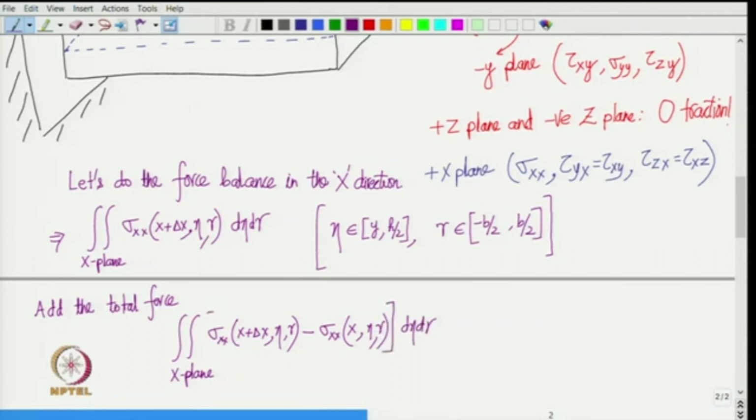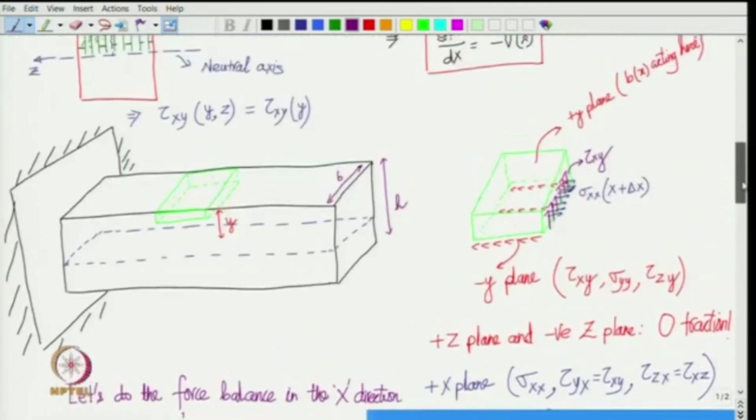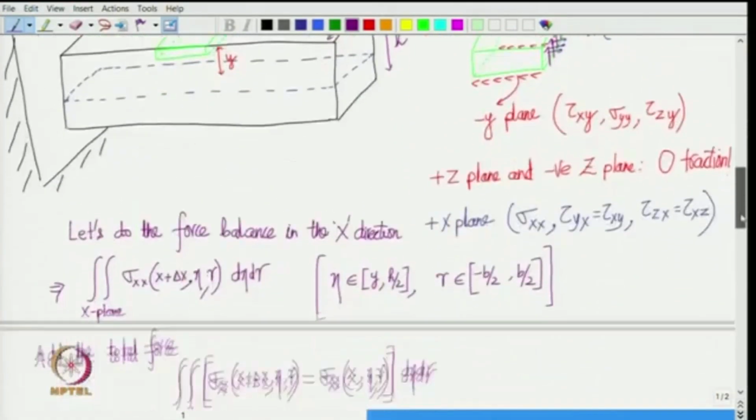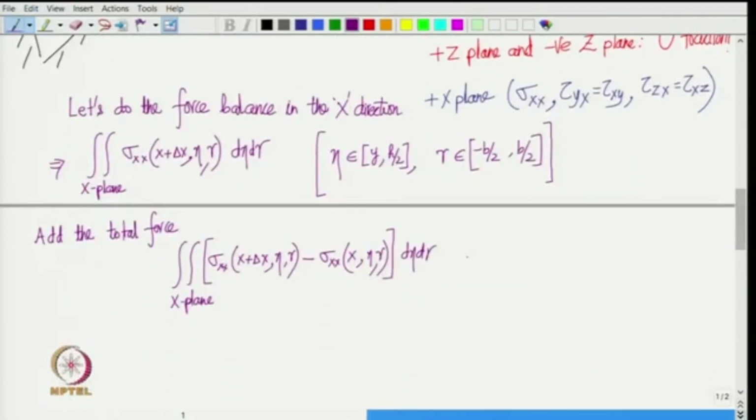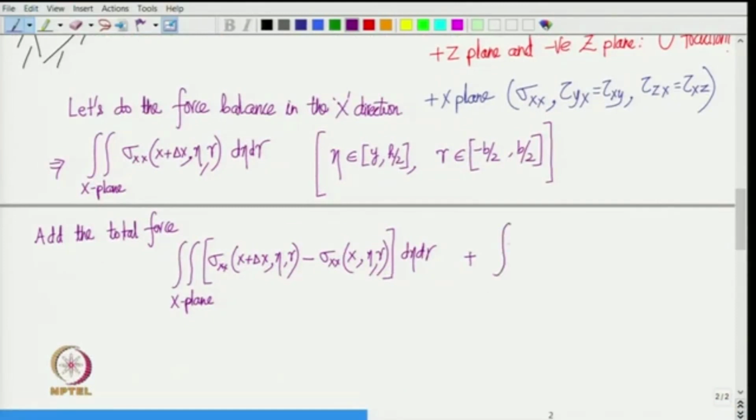So, that is the contribution due to x plane, and then the contribution due to y plane. So, we have two y planes, y plane here,